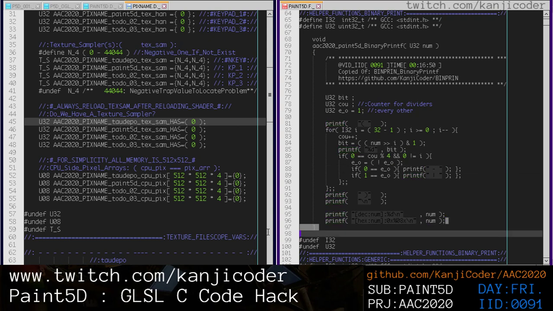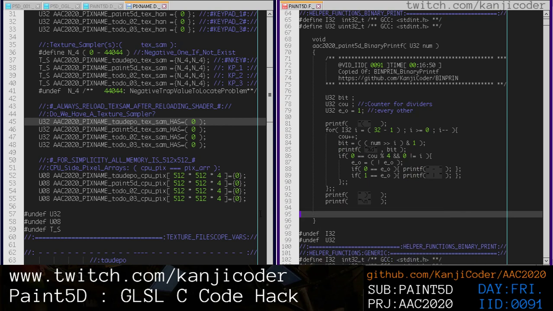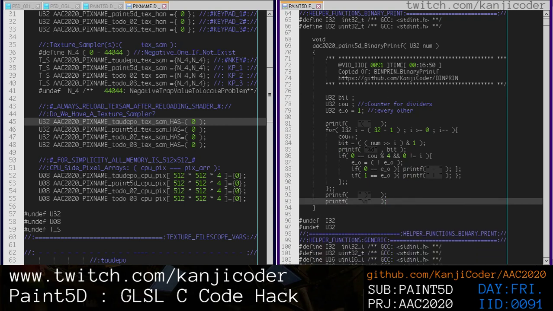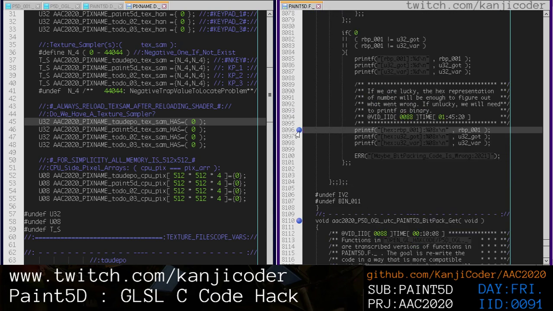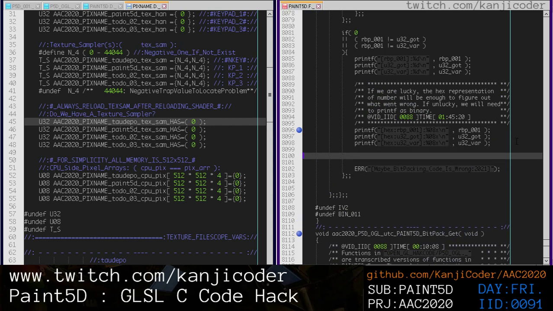So let's just remove that. And is there anything else I need to do? So there's a U32 number, and int32s, are they still in here? Yep, they're still in here. Yeah, so here's my binary printf, and then we're going to go over to, let's remove this stamp here. Maybe bit packing code is wrong. Yeah, so here we're going to just go binary printf, and the first thing I realize here is that